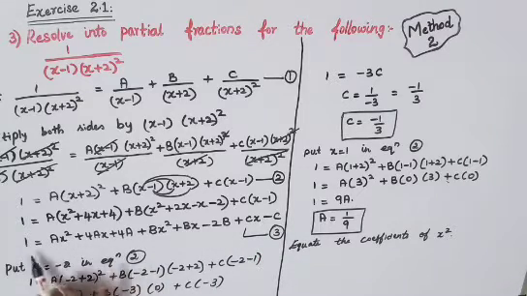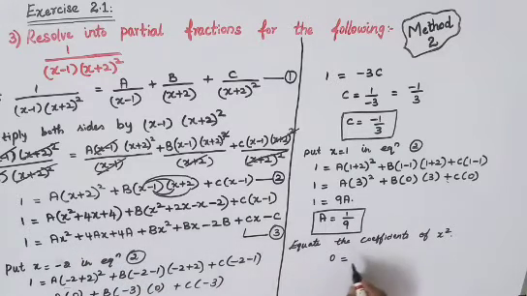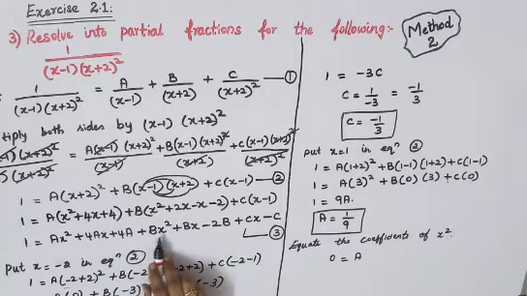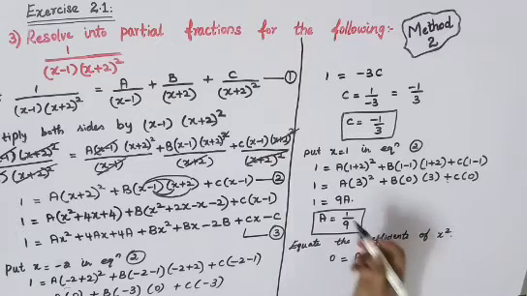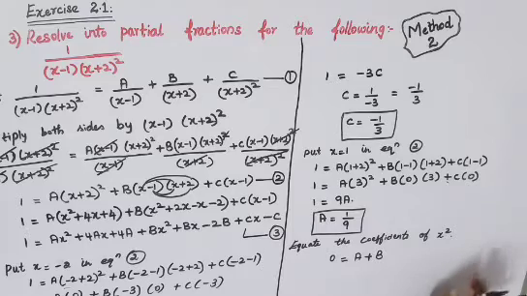Clear? So wherever x square is there, just see the coefficient of x square and equate on both sides. Okay. So here no x square term is there towards your left hand side. So I'll just give 0, which is equal to, here coefficient of x square is a we have got, and any other thing, just see here one more coefficient of x square is there, so plus b. So this would be the easiest method. Otherwise you can give x is equal to 0 and find the value also, children. Both the methods you can do. So this will be easier, so I am just doing this method. Okay. So 0 is equal to a plus b. We'll just mark this as equation 4.